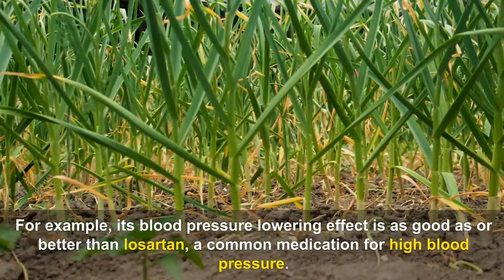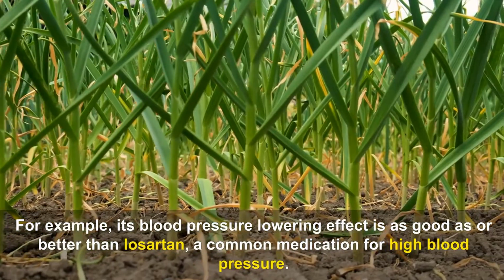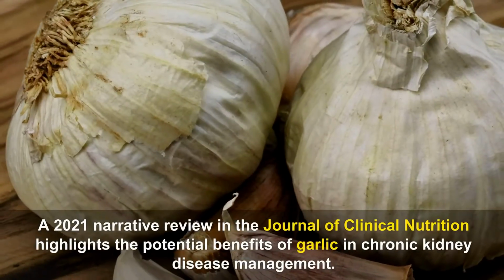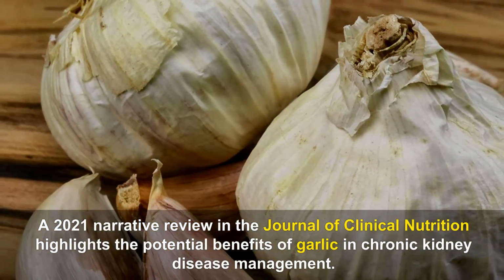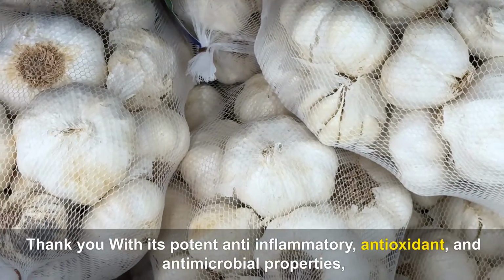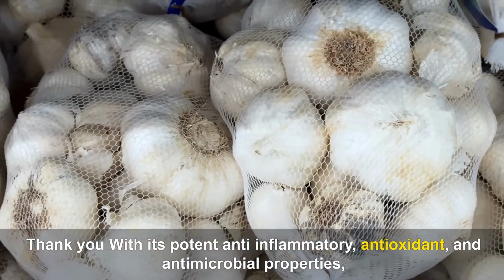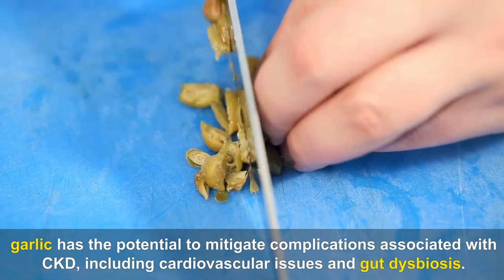For example, its blood pressure lowering effect is as good as or better than losartan, a common medication for high blood pressure. A 2021 narrative review in the Journal of Clinical Nutrition highlights the potential benefits of garlic in chronic kidney disease management. With its potent anti-inflammatory, antioxidant, and antimicrobial properties, garlic has the potential to mitigate complications